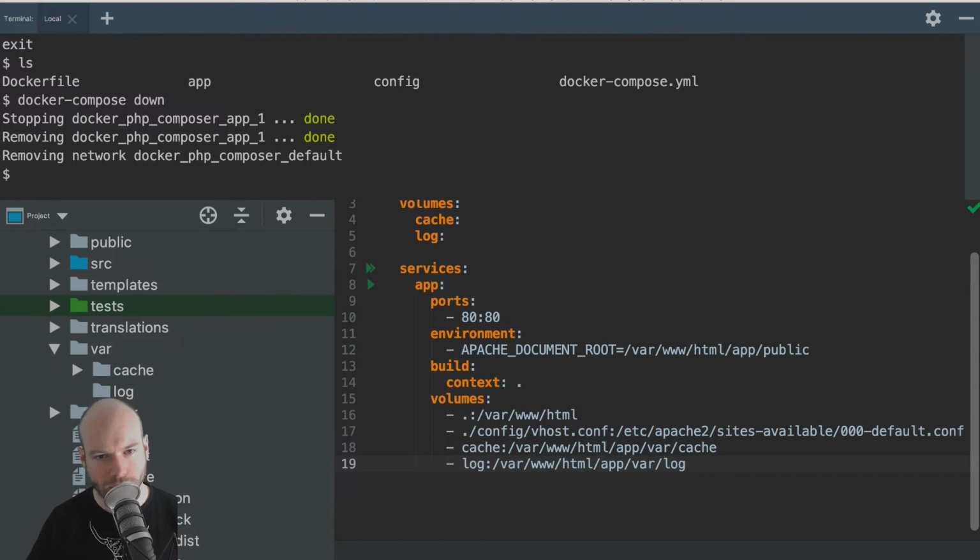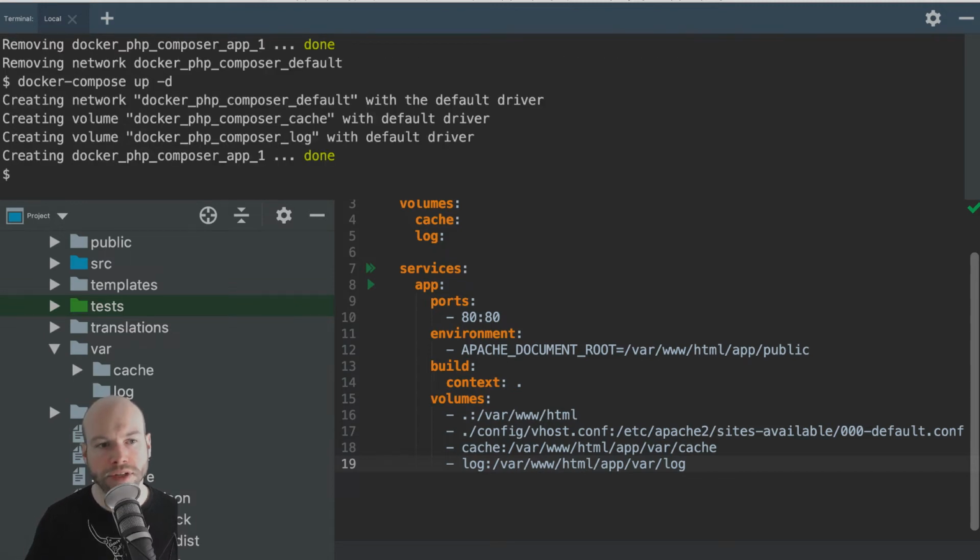So that's down. And then what I'm going to do is do a docker compose up -d to bring them up. And notice it's saying creating volume, which is here, docker-php-compose cache with the default driver.